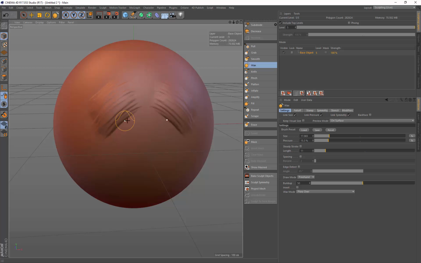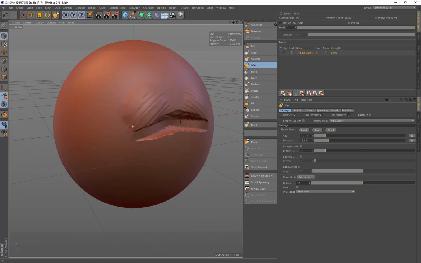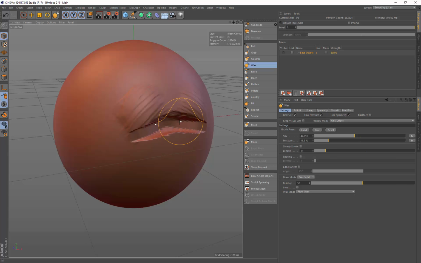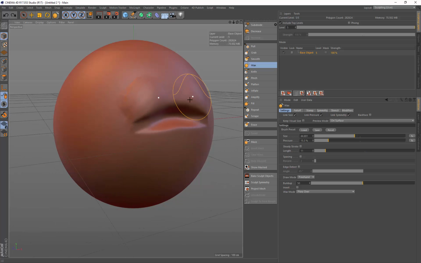Now, something that people have been saying also is that the smoothing in Cinema 4D is too strong. So here I'm holding down Control to just dig this in. I just want to do this just to show the smoothing a little bit. So I'm just going to dig that in, and by default, the smoothing is set pretty high. So when you hold down Shift, it's going to smooth the surface. You see how there it's smoothed out everything around this. If I undo that,